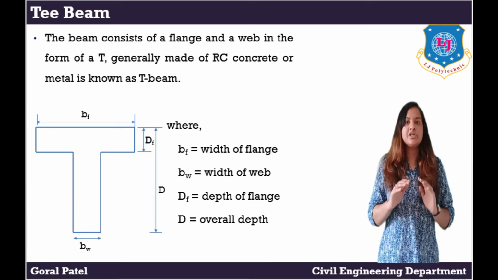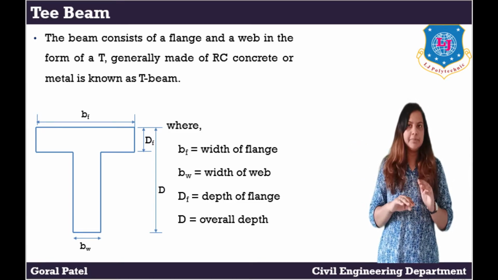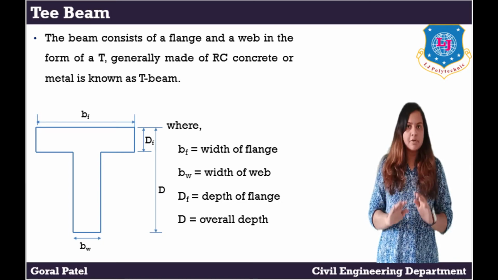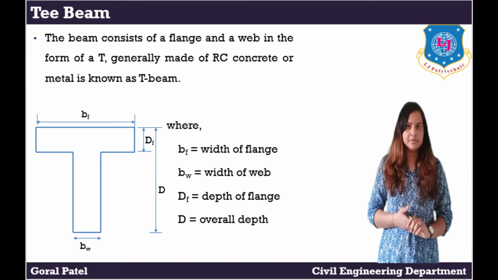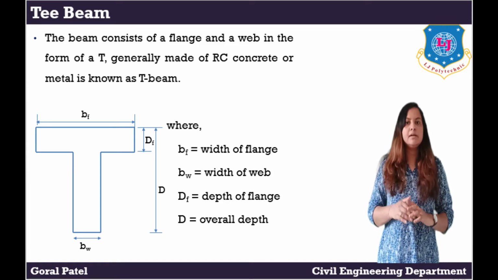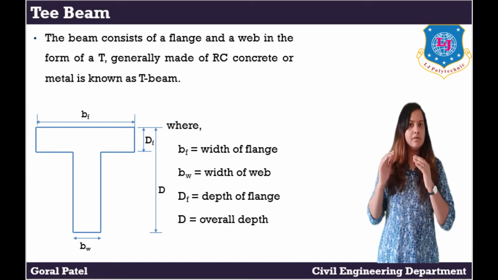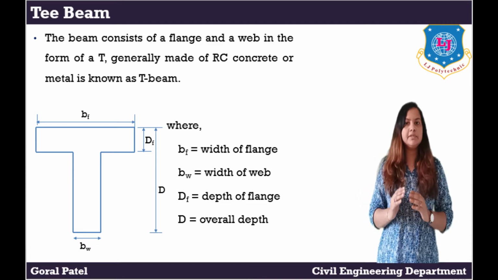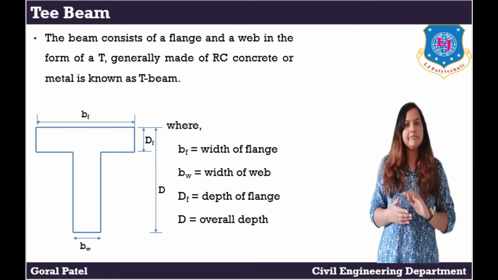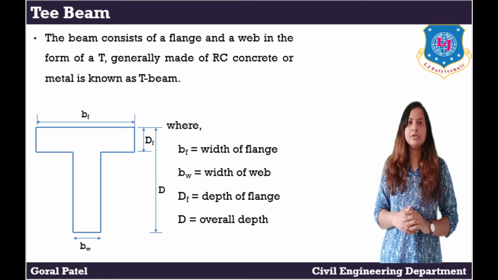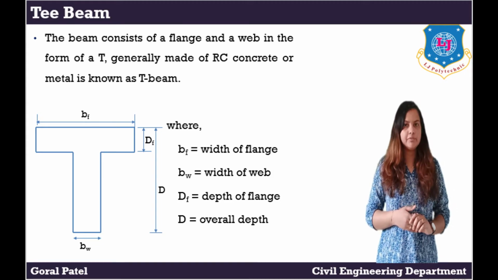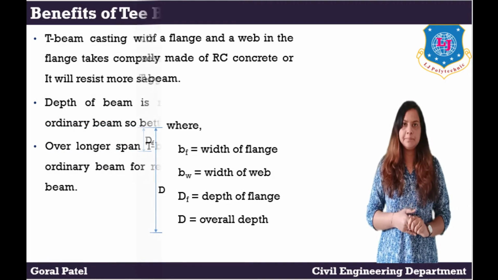T beam. Generally, beams are cast in various shapes such as T-shaped beam, I-shaped beam and L-shaped beam. Mostly normal rectangular beams are used in construction. T-beams are cast with concrete in the form of the letter T. A T-beam consists of one flange provided at the top, and from the middle of the flange a web is attached. The width of the flange will be more than the width of the web. Shown in the T-beam section, BF is equal to width of flange, BW is equal to width of web, DF is equal to depth of flange and capital D is equal to overall depth.